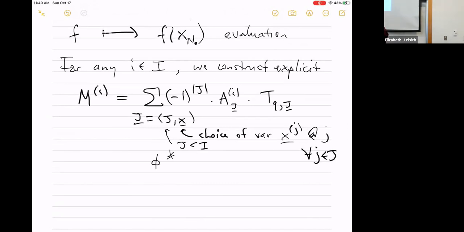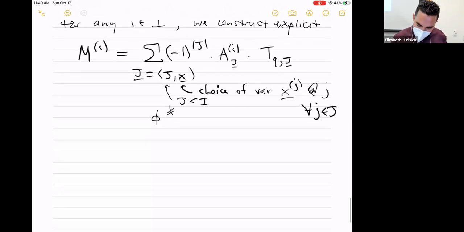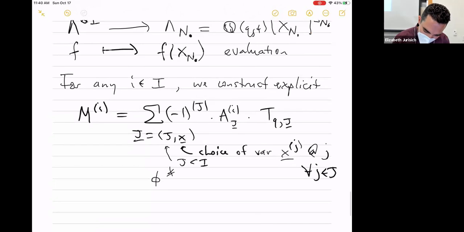And I choose at most one variable at each vertex. So I choose an x_j underline at j for all j in J, and J is a non-empty subset of I. So I choose some variables, but maybe not all. And this right here is a rational function,